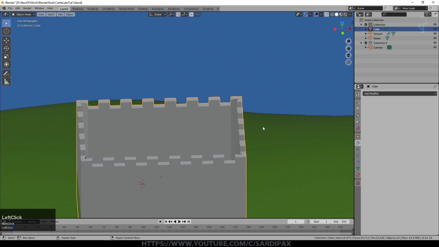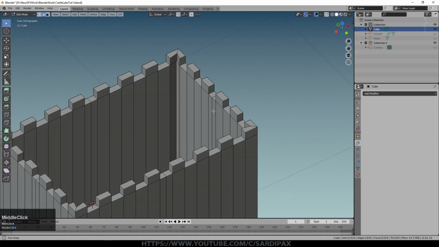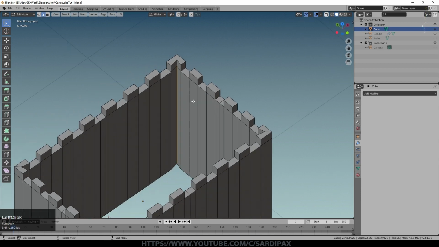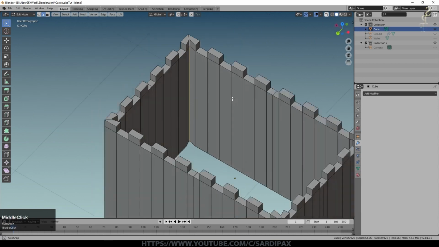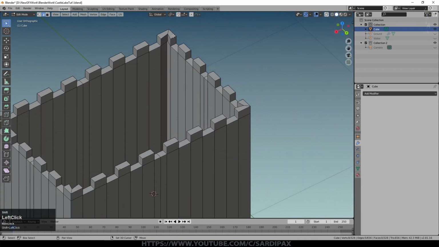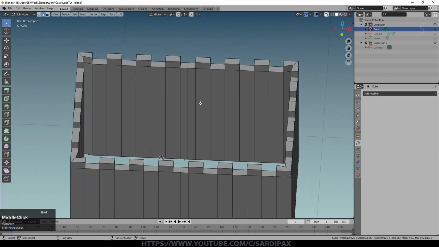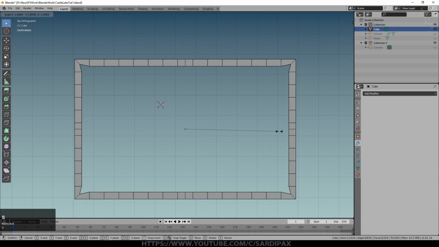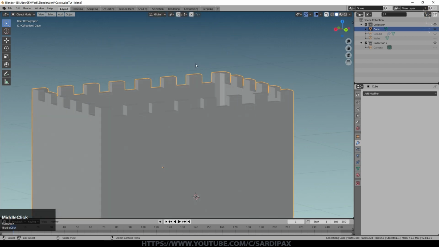Applied the mirror, applied the solidify. You may not want to straight away. Alt H will hide everything else again, and we'll select all these edges. We could probably have done this by just applying the solidify modifier before we applied the mirror modifier, but you can get some strange effects when you do things like that. So I've got all of those corners selected, and now scale Shift Z, so that means it'll shrink everything except for Z. And now you can see we've got some slightly more sensible corners. Quite like them being slightly rounded internal corners, probably makes them a lot stronger.